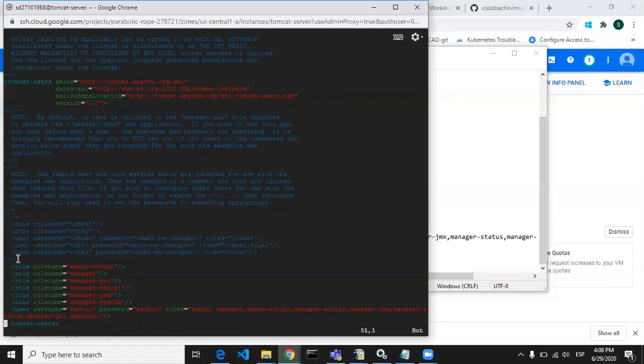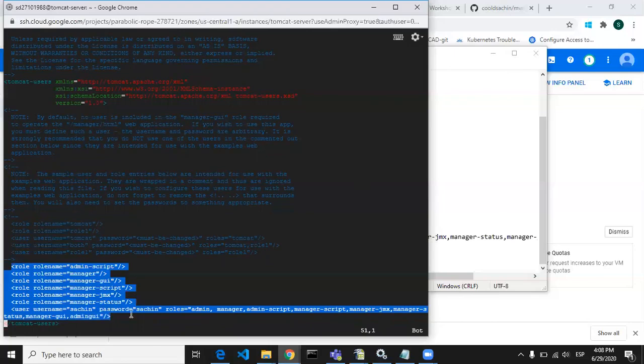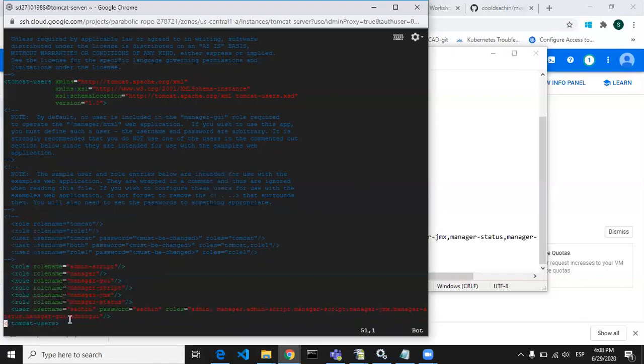What I am saying is you have to add all these steps here in this XML so that the user you log in with will have all these permissions: admin, manager, manager-gui, manager-script, etc. Here you have to put a username and password. For me it is Sachin.